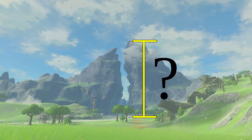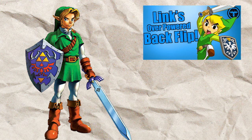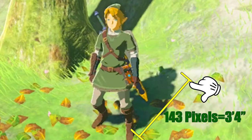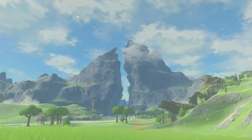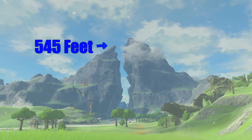In order to figure out the height of the peaks, we can use a lone tree located on the mountain, as well as take our measurements of Link from another video where we measured Link's height to figure out his insane backflip skills. Using Link's height to measure the length of his shadow, we can then compare the length of Link's shadow to the tree's shadow and find the tree's height to be 20 feet. Having found the tree's height, we can then calculate the height of both the Dueling Peaks to be 545 feet